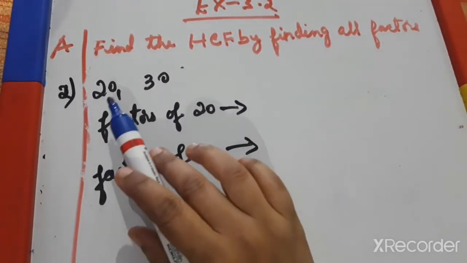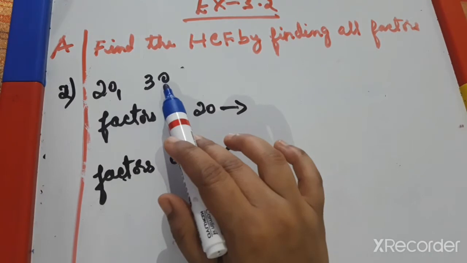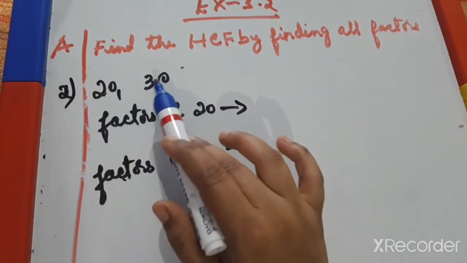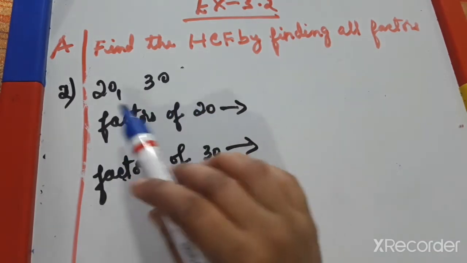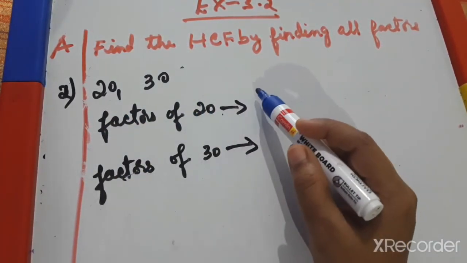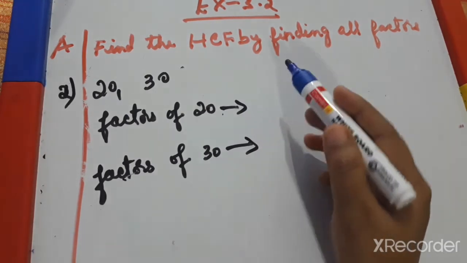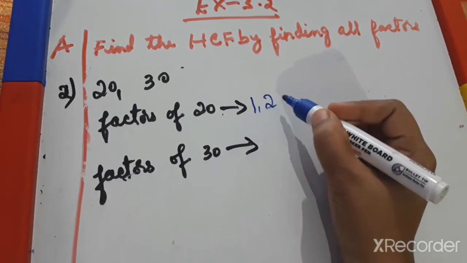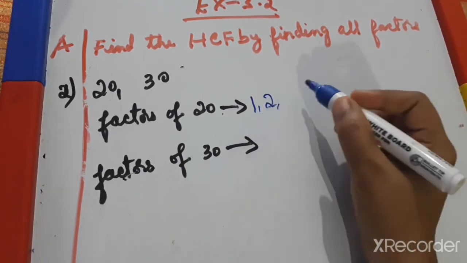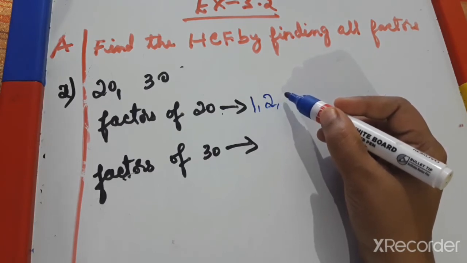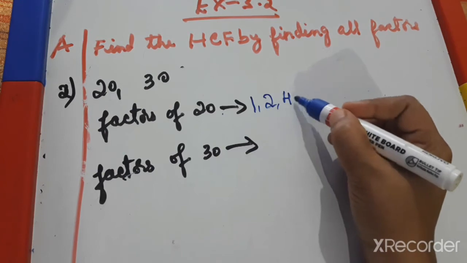Now here, the second question: factors of 20 and factors of 30. We have to find the HCF of 20 and 30. So we have to find the factors of each number, that is, factors of 20, then factors of 30. Factors of 20 means in which tables it multiplies to 20. 1 20 is 20, then 2 10s are 20, and 3 ones are tables, do we get 20? No, not in 3 ones. And 4, yes, 4 5s are 20,